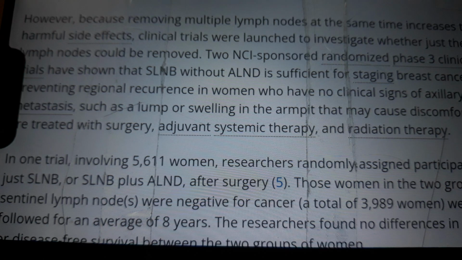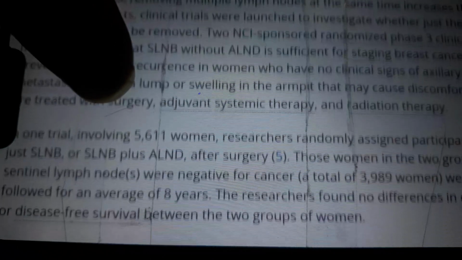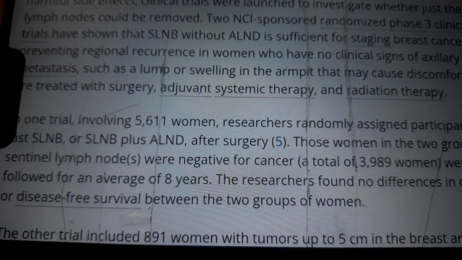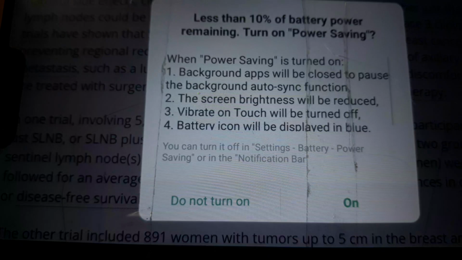However, because removing multiple lymph nodes at the same time increases the risk of harmful side effects, clinical trials were launched to investigate whether just the sentinel lymph nodes could be removed. Two NCI-sponsored randomized phase 3 clinical trials have shown that SLNB without ALND is sufficient for staging breast cancer and for preventing regional recurrence in women